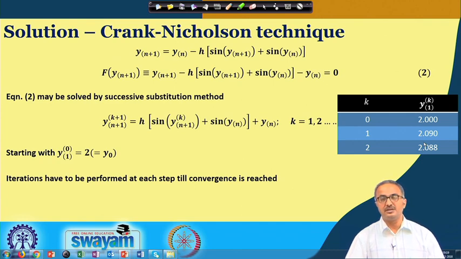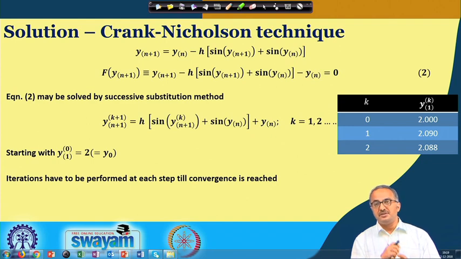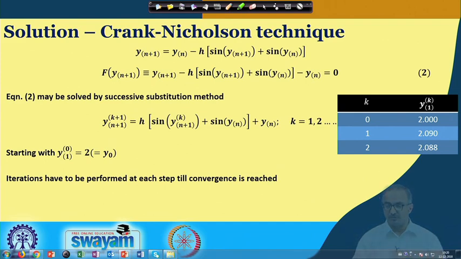Now, if you compare this solution with the earlier solution, and count the number of iterations involved to get convergence, and also look at stability, you will find that Crank-Nicolson is generally working better than the implicit methods. It is not as fast as the explicit method, but it at least ensures the stability which is not there in the explicit method of solution. So, this is a very popular method of solution of differential equations.